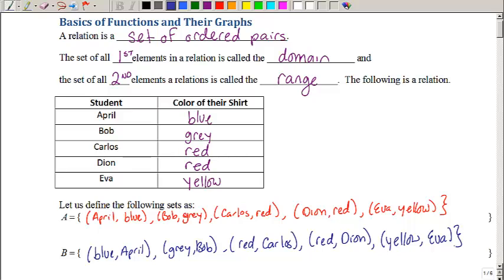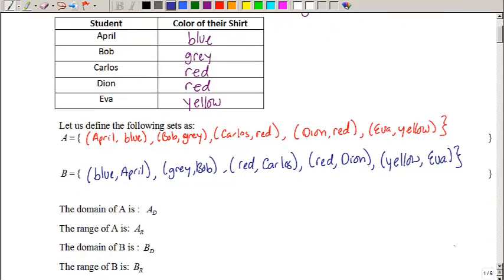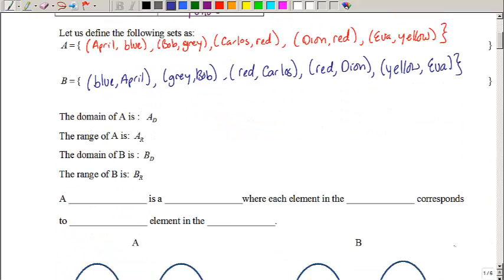Within these two sets, we have a domain and a range. We said that the domain is the set of all first elements. So let's look at set A. The domain of set A is the list of all first elements: April, Bob, Carlos, Dion, and Ava. Whereas the range is the set of all second elements, so the range of our set A would be